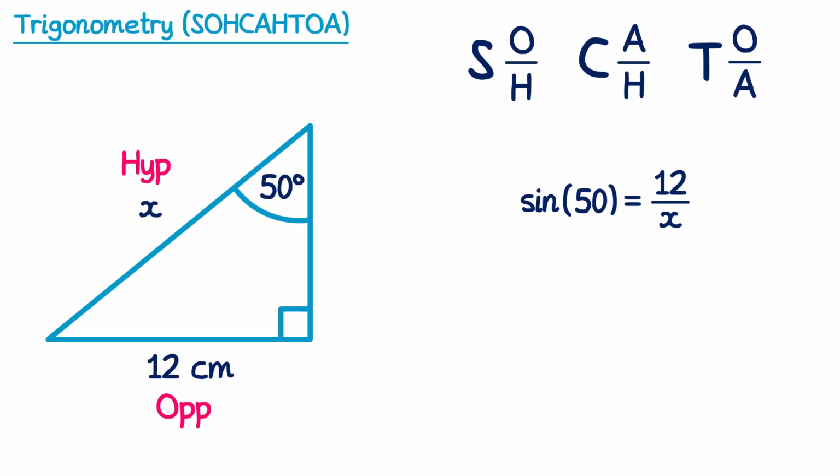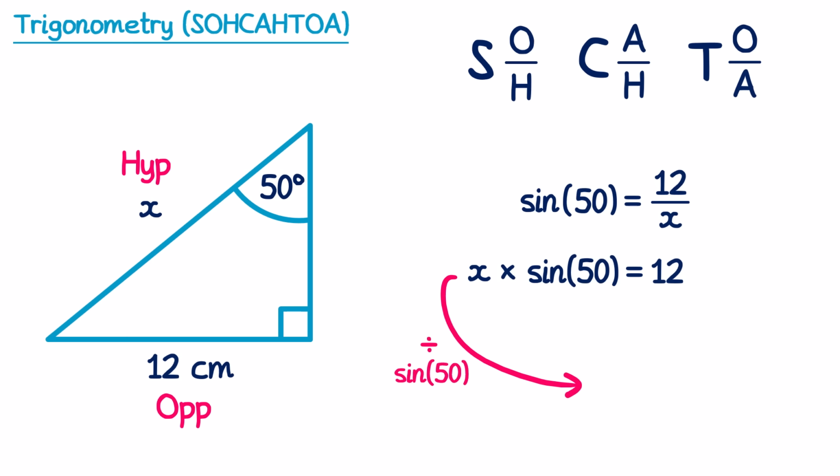What we're going to do is start by multiplying both sides by x. On the left hand side, this will give us x lots of sine 50. On the right hand side, the x's will cancel, so we end up with 12. Now we're trying to find the value of x, so we want x to be on its own. At the moment, we have x multiplied by sine 50. So to deal with this sine 50 on the left hand side, we could divide both sides by sine 50, remembering that sine 50 is just a number. So if we divide the left side by sine 50, the sine 50s will cancel, and we'll be left with x. On the right hand side, we need to divide 12 by sine 50, and we can just write that as 12